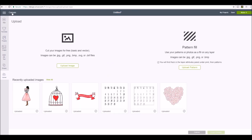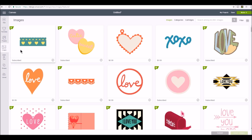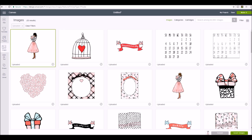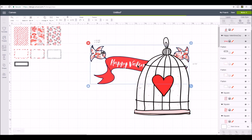So now at the top, if we press canvas to go back to our canvas, we can go to images. These are all the images in Access, so Cricut Access. So what we can do is we can filter just with our uploaded images. So these are all the files which I've uploaded. So we'll select this girl, and down the bottom right here, actually we'll select all these three files, and then we'll, at the bottom right, we'll select insert images, and these are the images that I selected coming in,